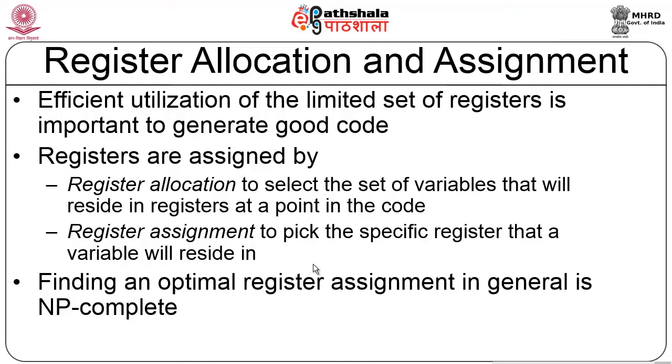We have methods like the graph allocation method. We also have Chaitin's algorithm and Briggs algorithm for register allocation and assignment. In this course we will see two algorithms. One is the graph allocation algorithm, a graph coloring based algorithm, and the other one is based on use and liveness information of variables. How do I allocate registers?